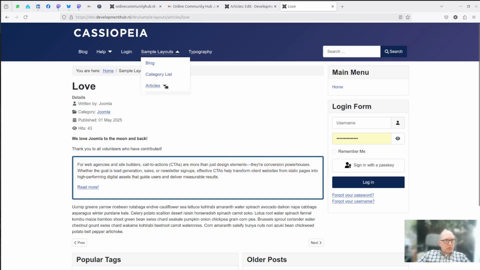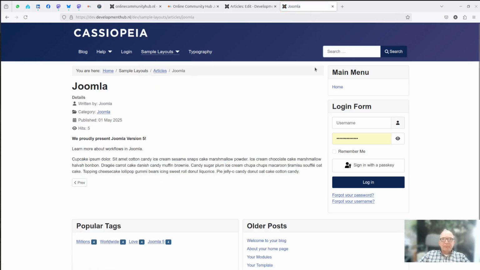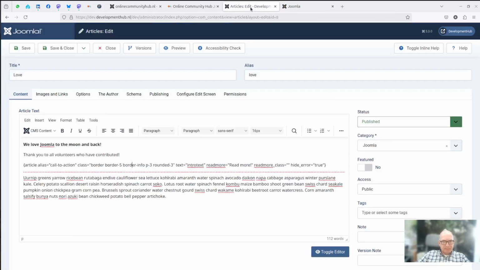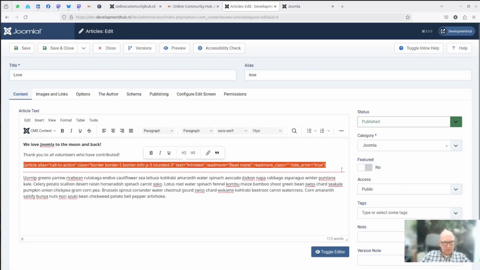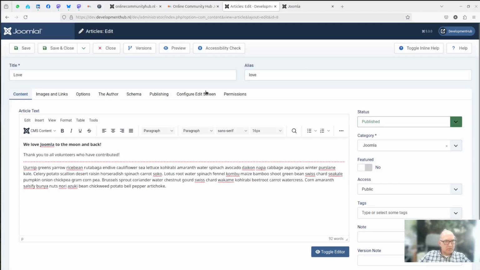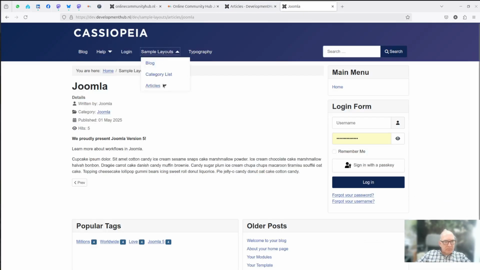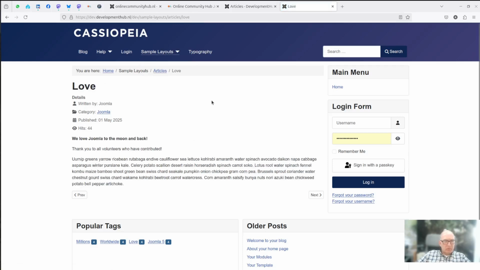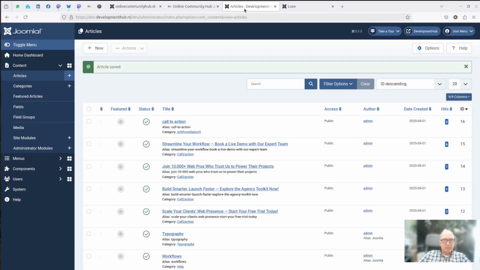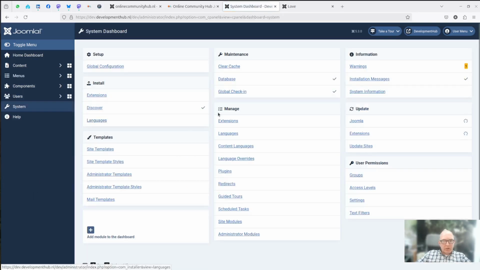But now I also want to have this inserted into the Joomla article. How can I do that? Okay, well, basically it's simple. Let's cut this out, save. As you can see, it's now gone. So this is basically the text as it was. And we go into the plugin.